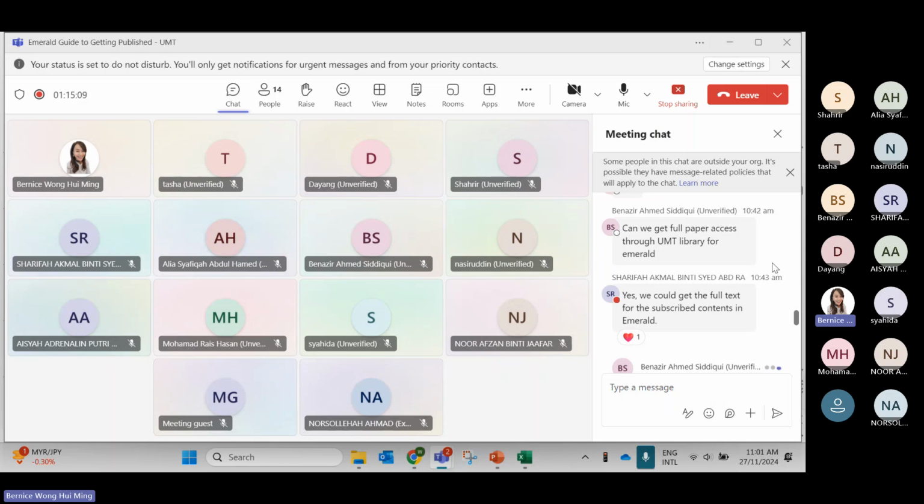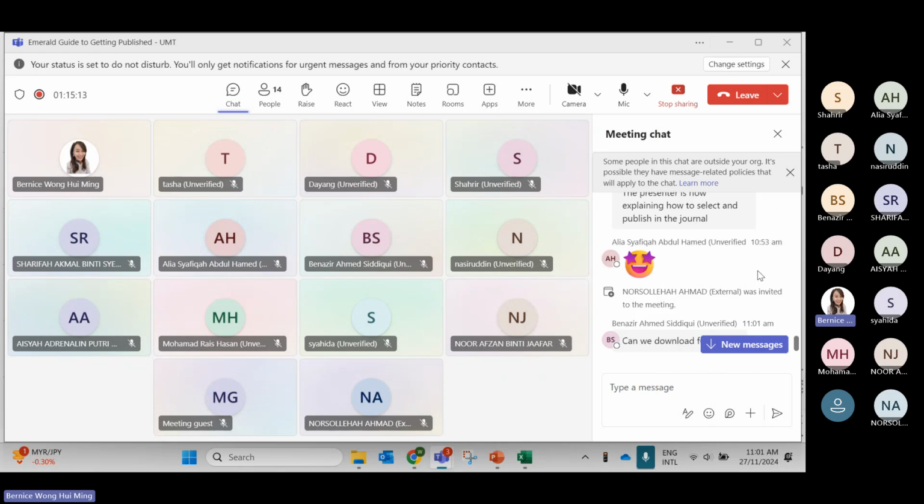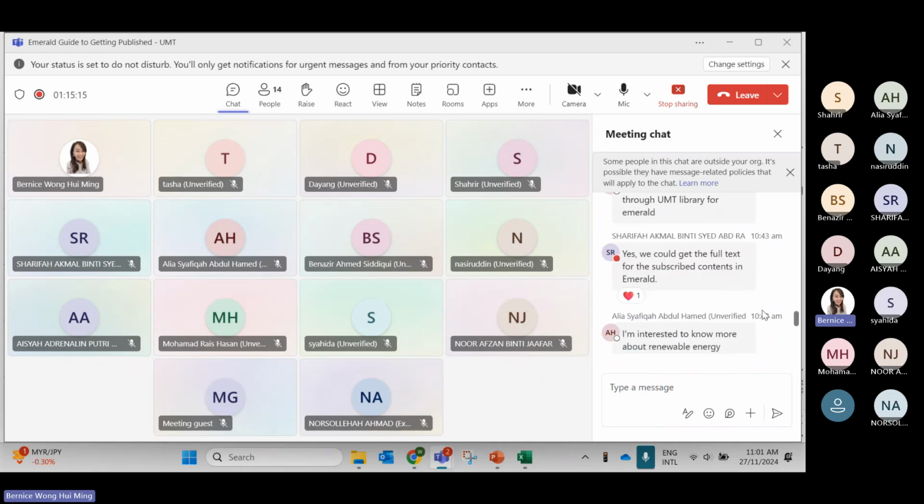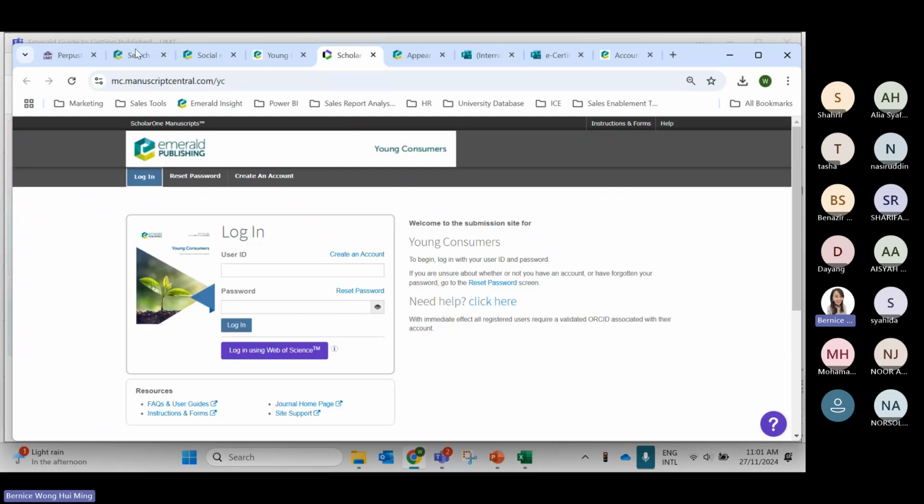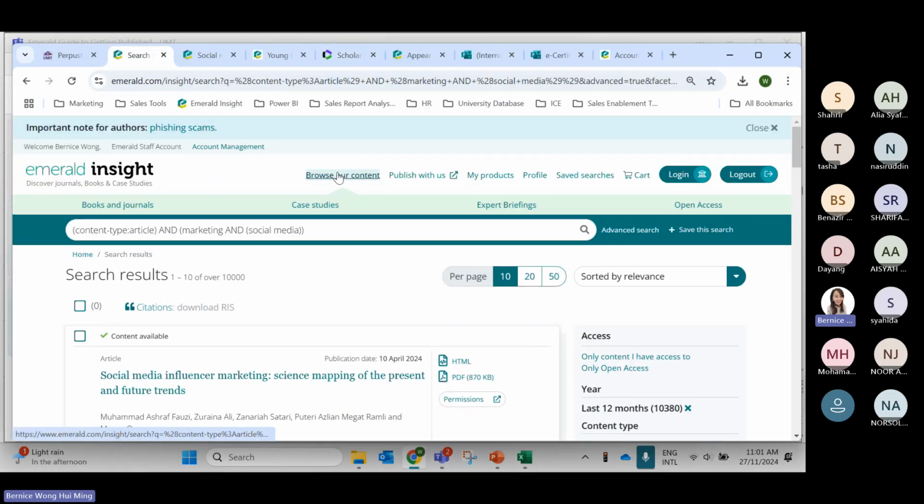The answer is that we have 13 subject collections available, and in UMT there are eight collections available. Let me share with you, this is a very good question. Just now I browsed content, right?